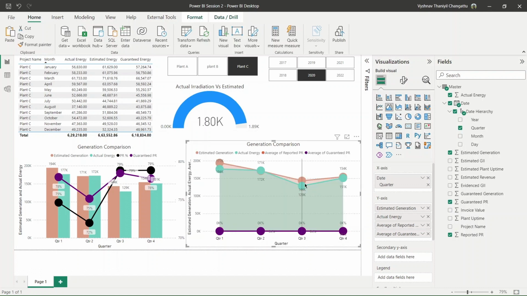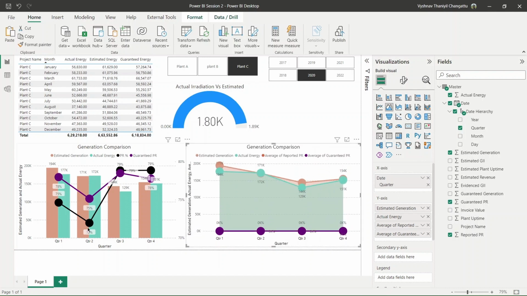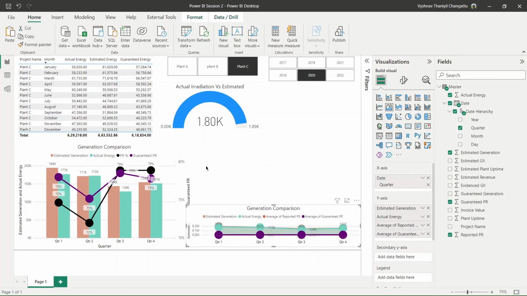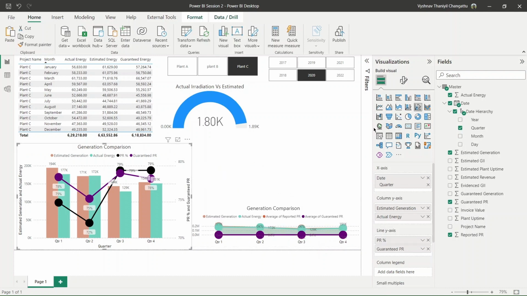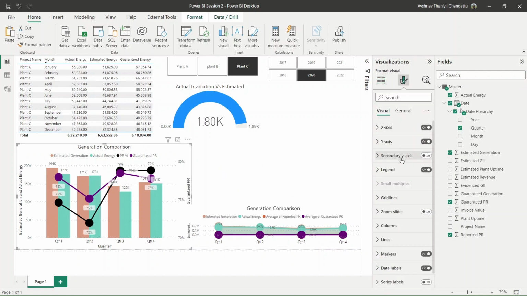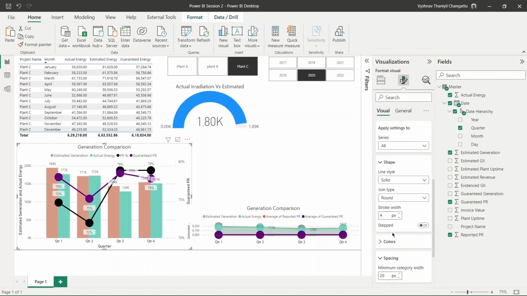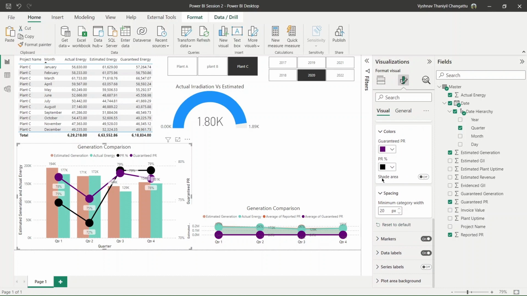Now line graph, the same what we did, but everything is line now. Area chart, line, you have shaded. If you want to do the same thing here, we can do it, no problem. I got it covered. Now if you go to format visual, lines again, right, colors, shade area, see,